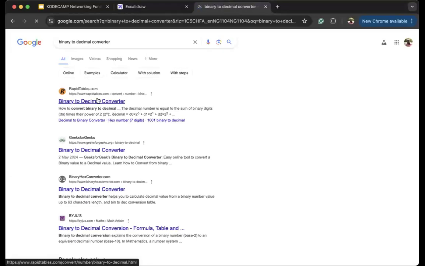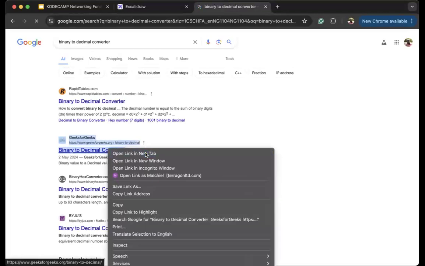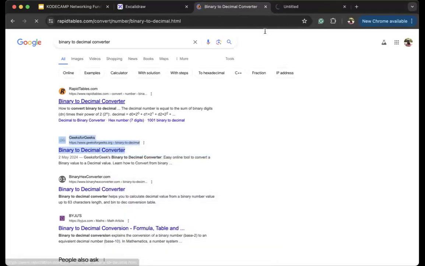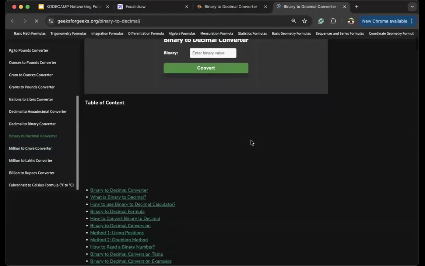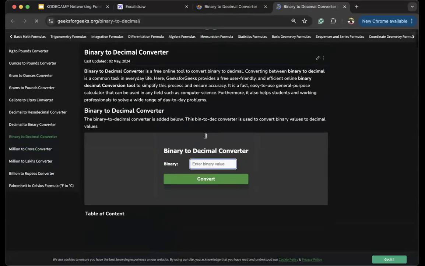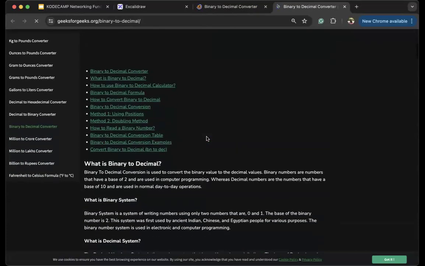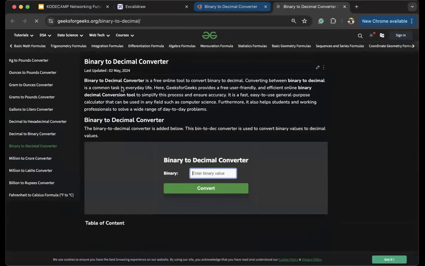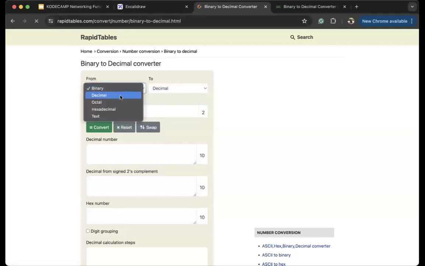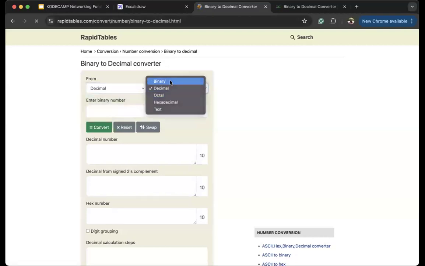No, thank you. You can solve it manually, but then what is the use of the internet? Let's see, we have one from GeeksforGeeks. So let's use this one. So binary to decimal, let's try decimal to binary, for instance. So if I do 255, right, and I convert,